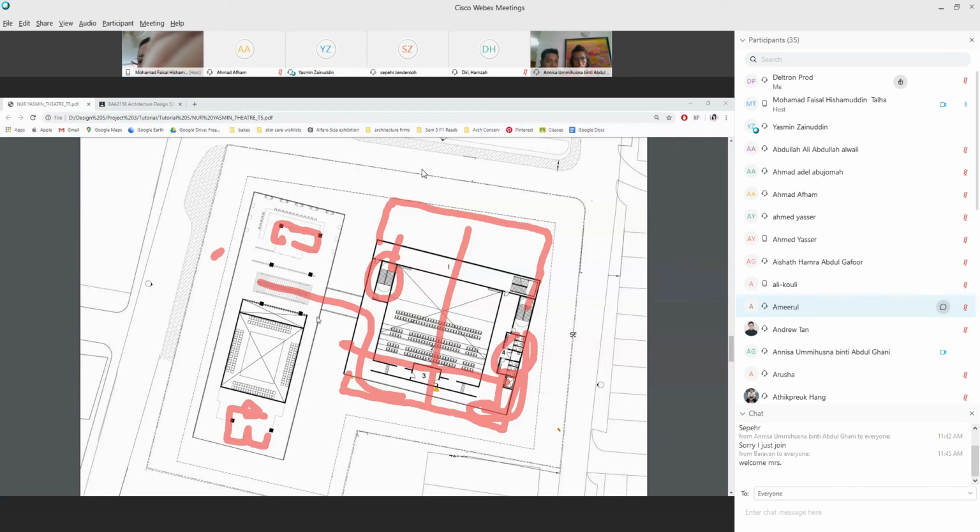Okay, because this is the last floor for the bathroom kan. Alright. So, and then because of fire kan, firefighting, you have your staircase ni tak ada kat tepi ni, bahaya ni. There should be one staircase here, otherwise kalau there's fire here kan, dia dead end lah. Okay.